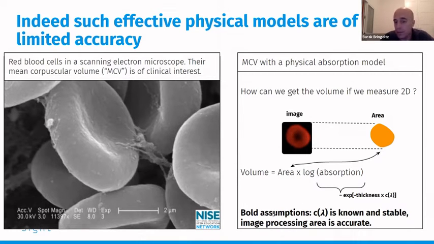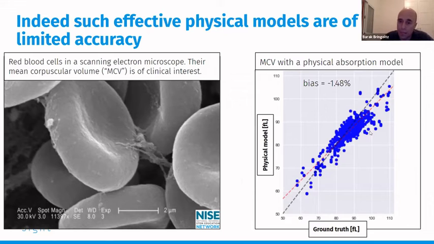Importantly, there are bold assumptions being made here. For example, that the extinction coefficient of light is some known and stable parameter, that the cell is indeed aligned such that this is its area, and so on and so forth. And so these are assumptions we want to avoid. Despite that, we get with such a model quite decent results. So this is a correlation between the physical model results and the ground truth. But still, the correlation is not amazing,